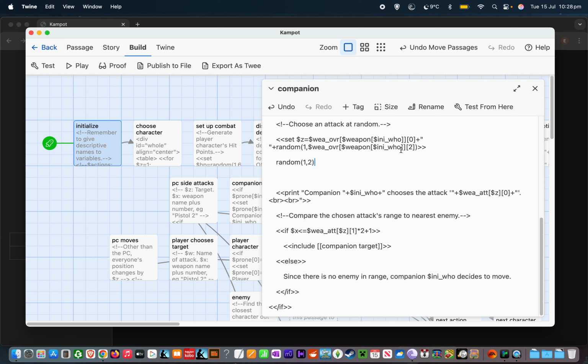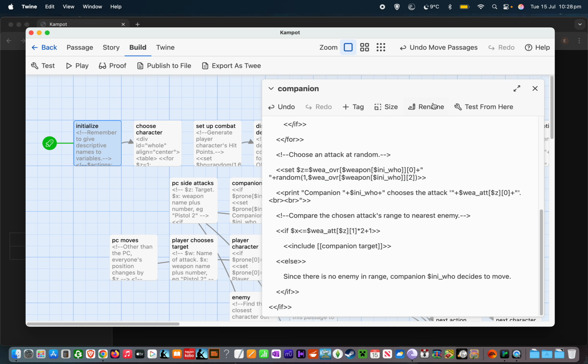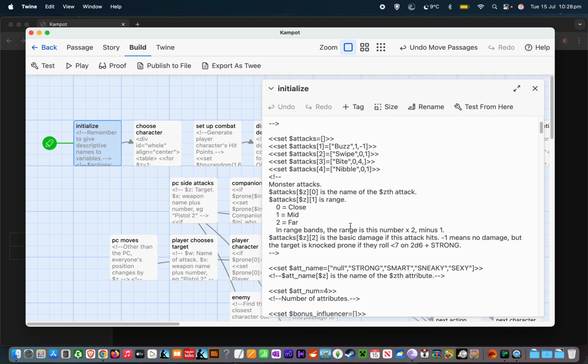In other words, just choose one of the attacks at random. And so we will end up with some text that's something like pistol space 1 or pistol space 2. And we put that in Z. And the reason we put that in Z is because